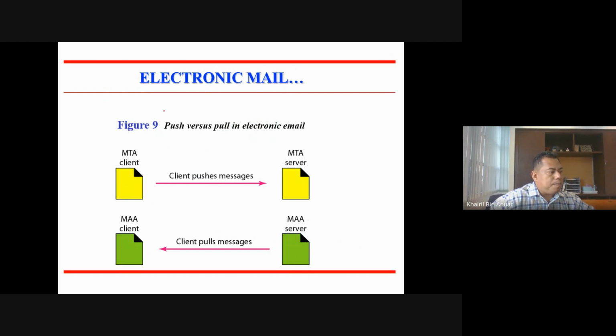Okay, so as mentioned just now, the terms pull and also push. Here it says figure 9, push versus pull in electronic mail. As mentioned, when you send with the MTA just now, the client pushes messages, meaning that this is a push protocol. So you send the message from the client to the server. Whereas here is a pull protocol. So the MAA, when you want to retrieve, is using the pull protocol. So in email, these are the concepts, where you need to have your client and server, and you need to have at least two different protocols to send and also to retrieve